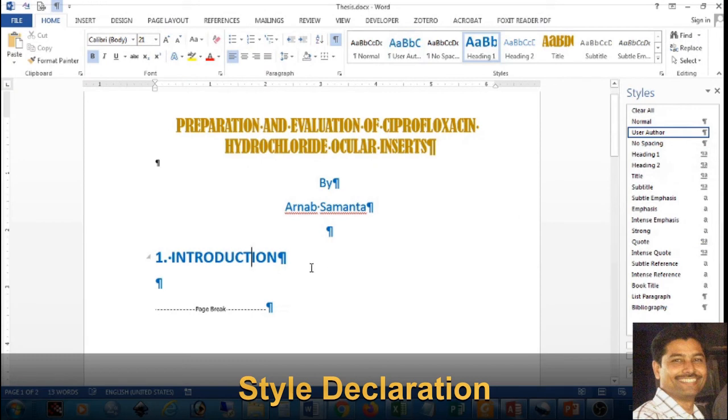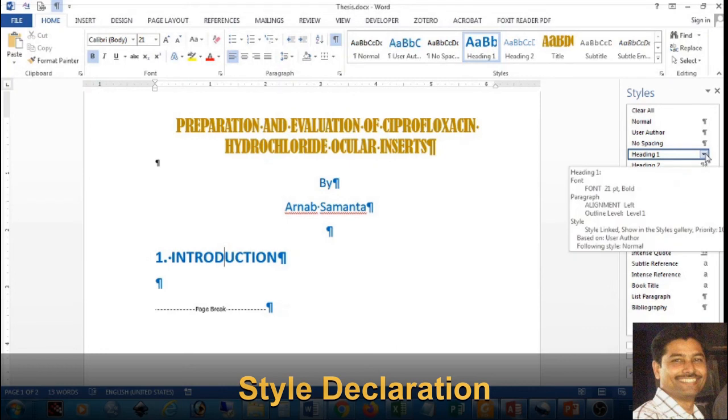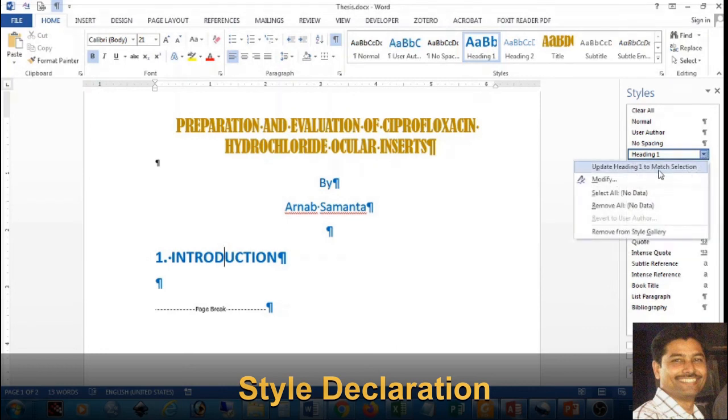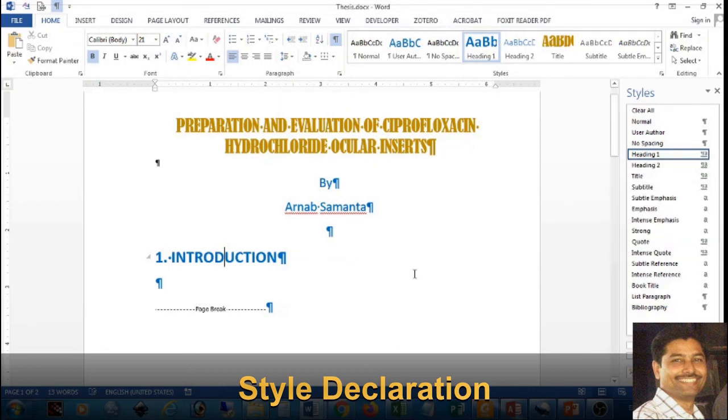Click. So see one thing, in the introduction word I have given a click. Now I am going to define this style. So what we are doing, first clicking on the word or the paragraph that you want to change the style, click on the style drop down heading and update the heading style with this one.